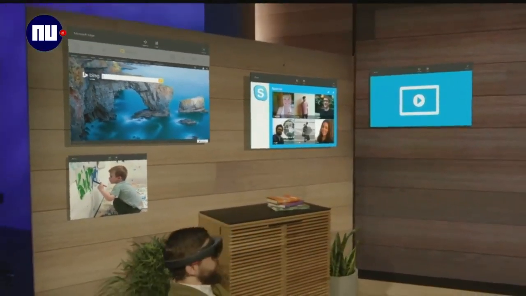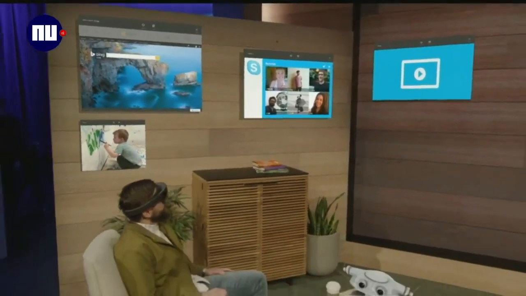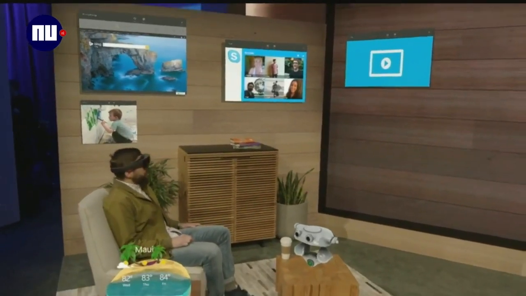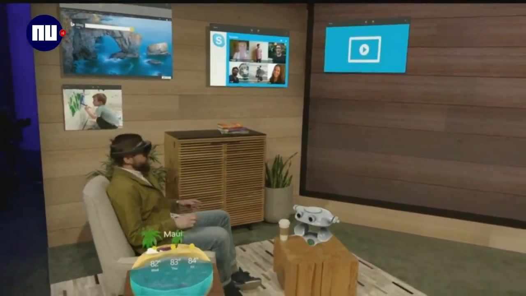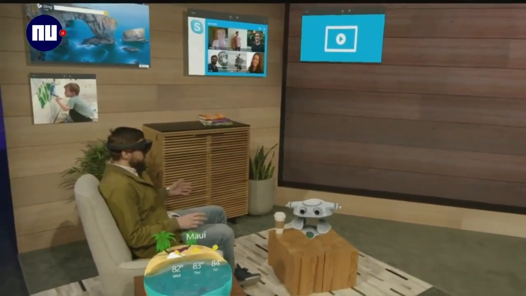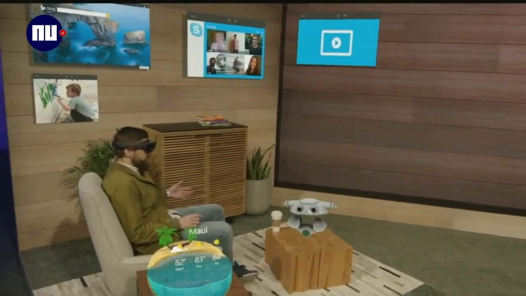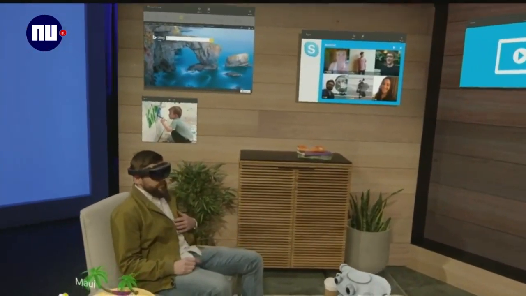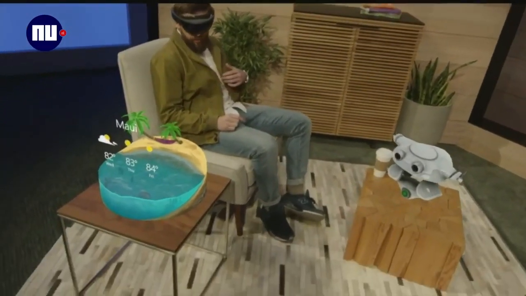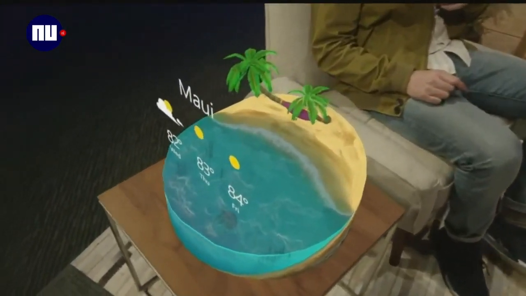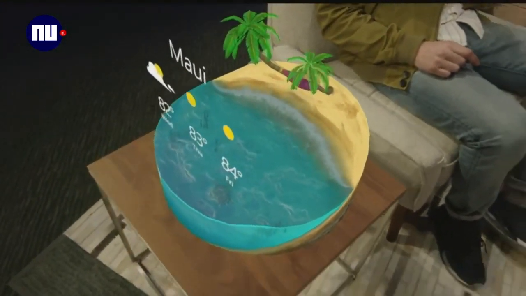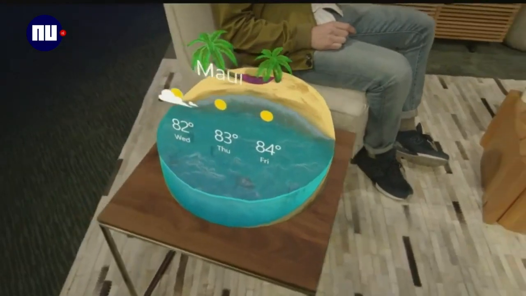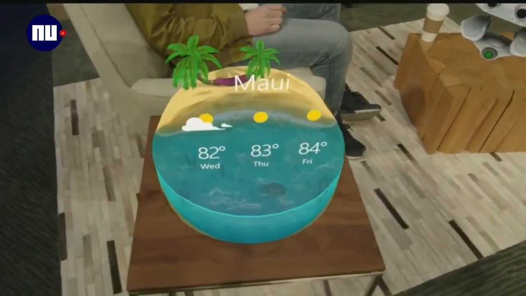This stage, as an example, is modeled after Darren's apartment. Yeah, and this is where I'd hang out in my apartment and surround myself with the applications that I want to access or just check out. For example, I'm planning a trip to Hawaii in a couple weeks, so I placed this awesome weather app over here, so when I'm moving around, I can easily glance at it, reference it, and understand what the weather's going to be like when I get there, hopefully still hot.